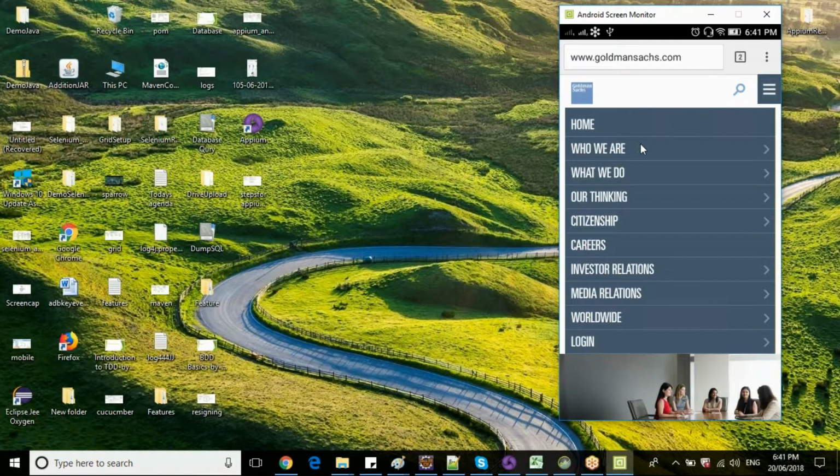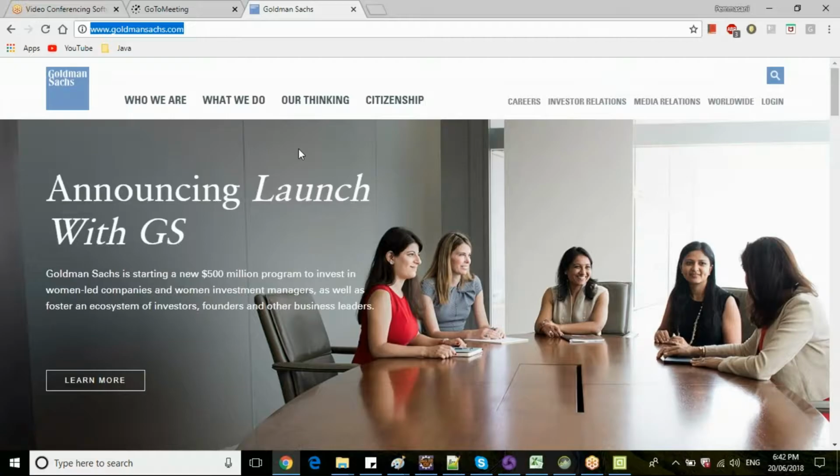If I am loading the same screen on a 10-inch tablet, then half of the menus you can see, and the rest will be under a responsive menu button. Like this, based on your screen size. Now it is a 5-inch phone, and this is a browser of a Windows size.